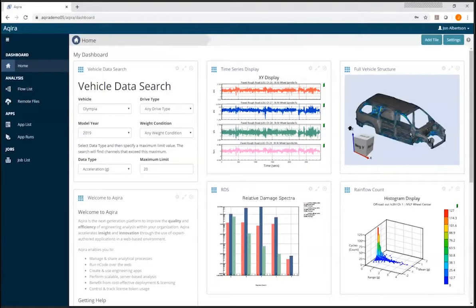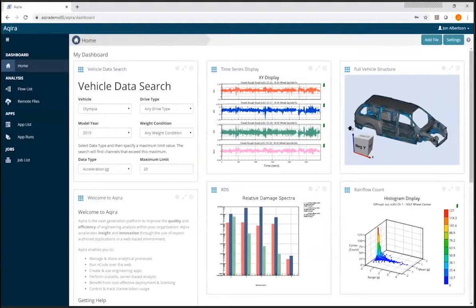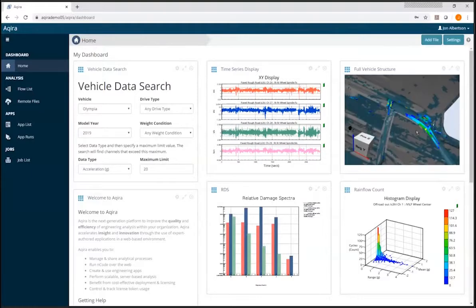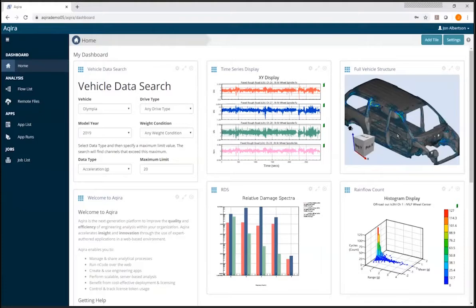You can configure it to show whatever you want. Here I'm also showing some results from a design life analysis, and built into Aqira is 3D viewing capability over the web for FE models. Right now it's focused on design life results, but we're going to be extending that capability as we move forward. Over on the left hand side here we have the main menu for Aqira, and we have what's